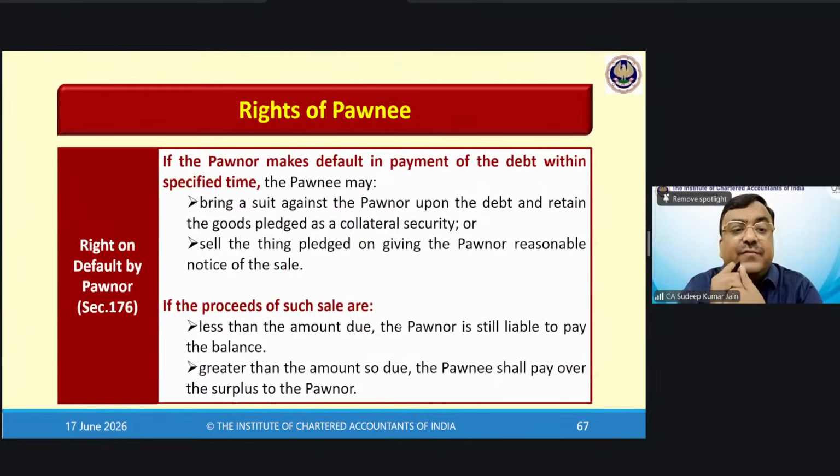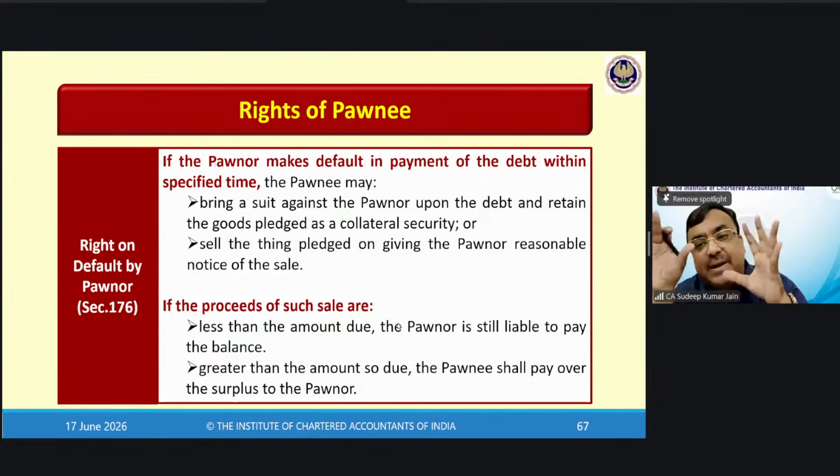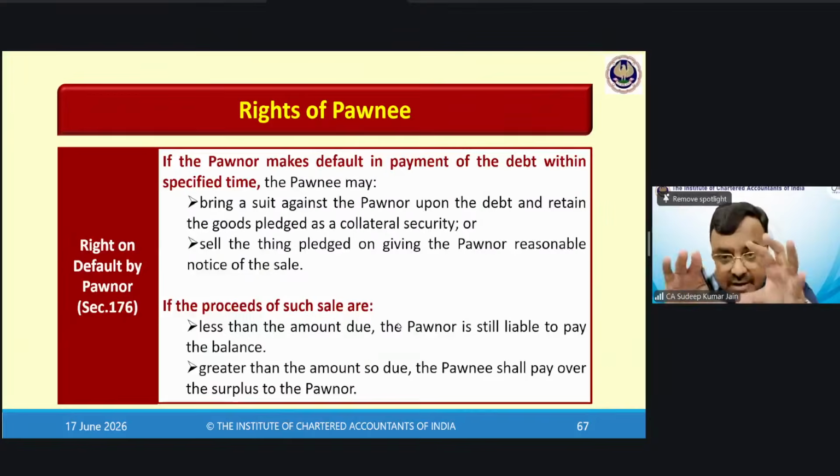Right on default by pawner. If pawner has made default in making the payment of debt within the specified time. भाई प्लेज क्या है? गुड्स को रखा आपने, गिरवी रखा लोन के लिए, और अगर लोन का पेमेंट नहीं करते हैं टाइम पर,